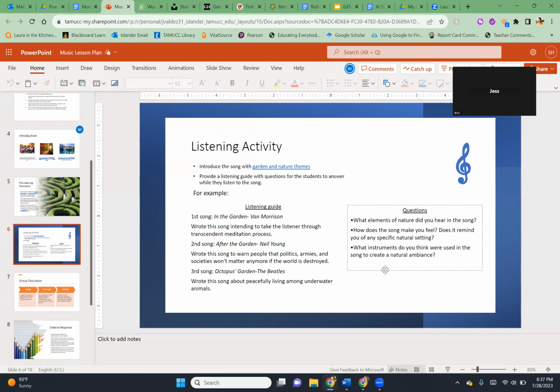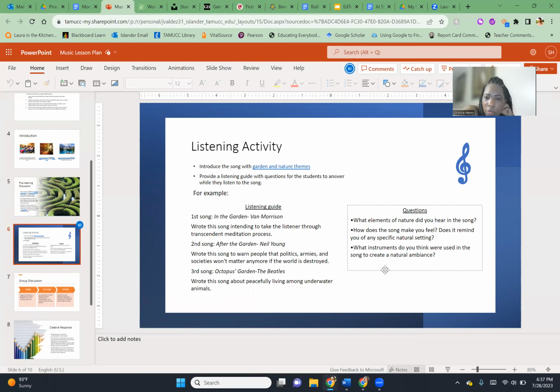After a brief discussion, we start the listening activity, where we listen to music and then provide questions. Then this is an individual activity, they will do this on their own, and then we go into the group discussion.